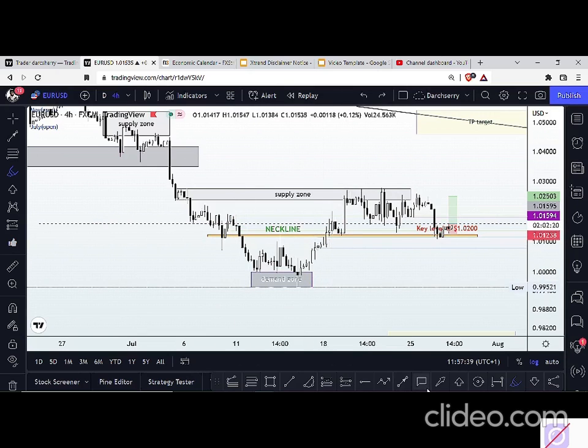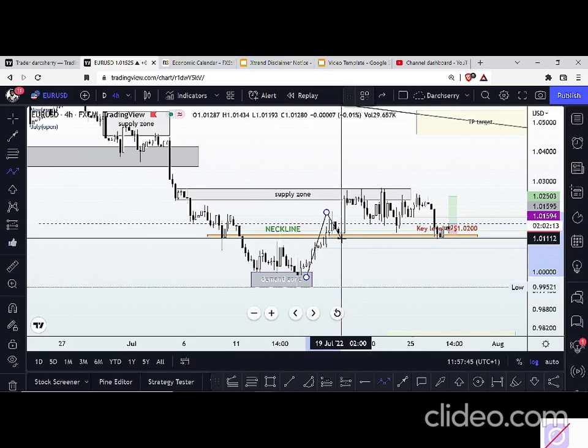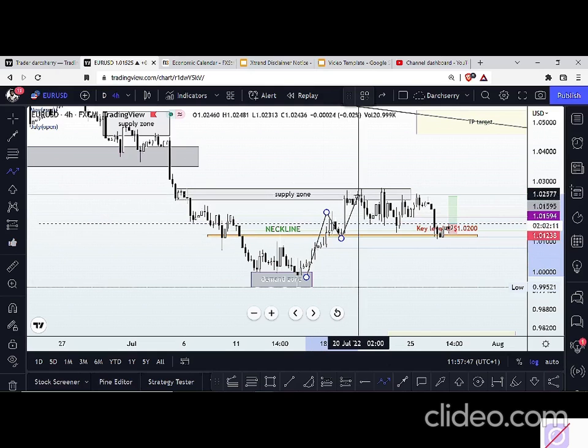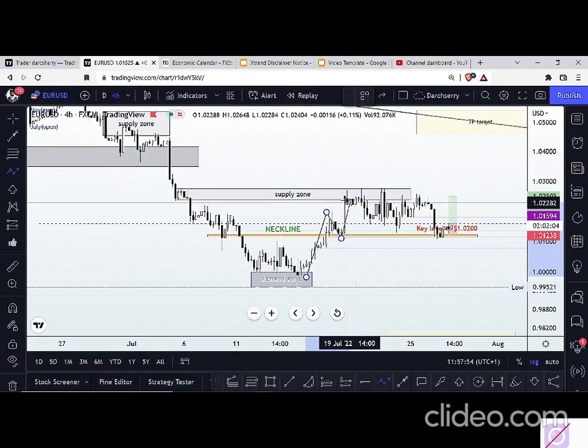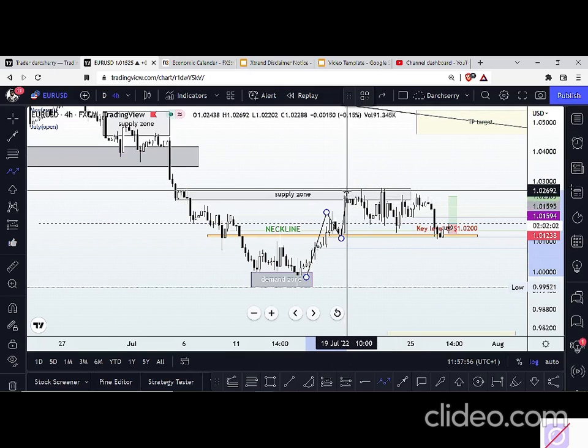And we have our neckline sitting at the 1.0200 area. During the course of last week's trading session, we saw a breakout of that level and a retest of that level, giving us further confirmation that we might be having a bullish opportunity that could lead into that bearish trend line. But if we look closely at what has been happening since the later part of last week,